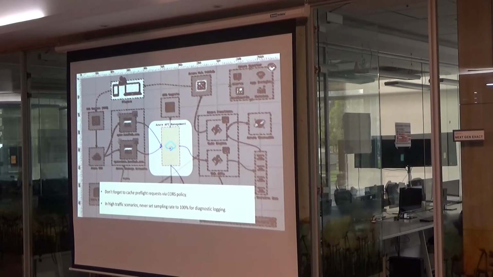Was this a pre-flight request too? A pre-flight request is, if you are using a put or post or something, the browser will generally send it, and it's behind the JWT validation. The pre-flight request is a browser mechanism of figuring out whether the API is capable of handling the request. It's a part of the CORS policies, right? You can say that only requests coming in from this origin or from this method type, like only get requests or post requests, are supported. So the pre-flight is just to figure out whether the server is capable of responding back to that request. An options call. Yeah, an options call.